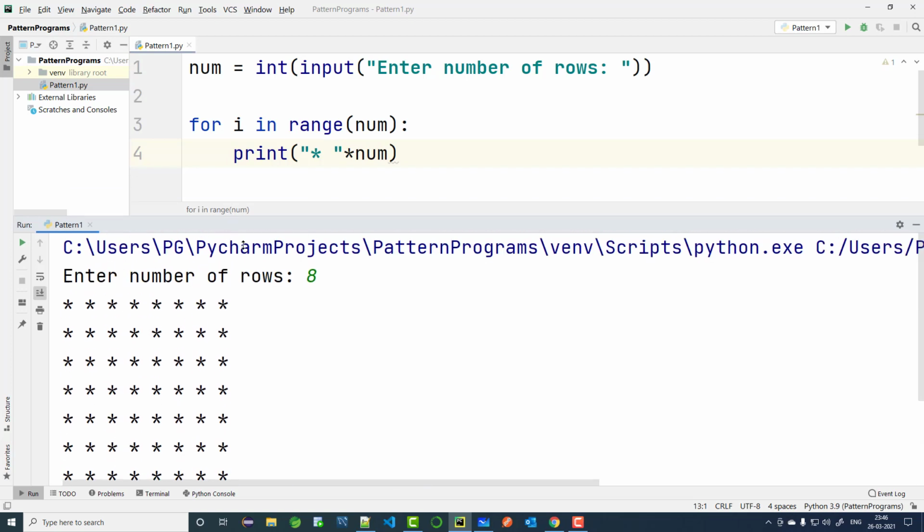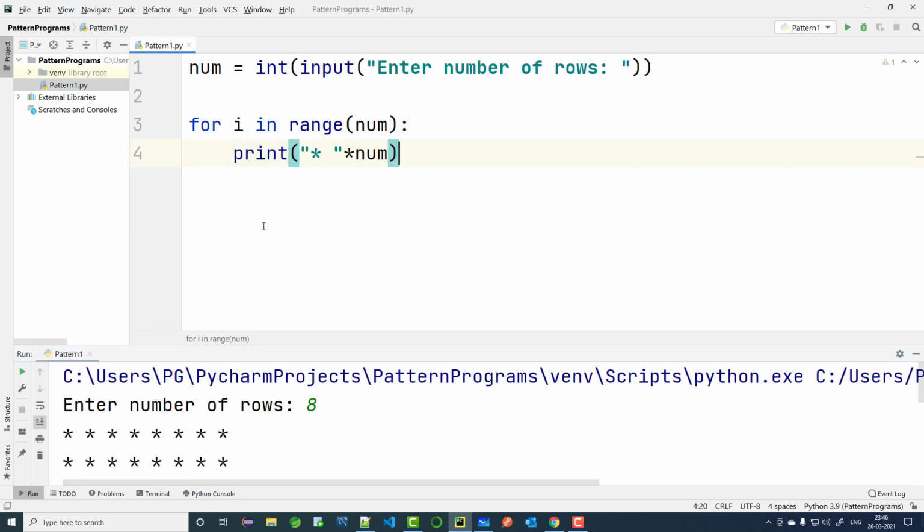Now this is the very basic program for a pattern. Going forward we will start to increase the difficulty level, but I hope you understood how we write our for loop based on how the pattern looks. Accordingly, this repetition operator is going to be so important for us in our pattern programs. So let's see in the next